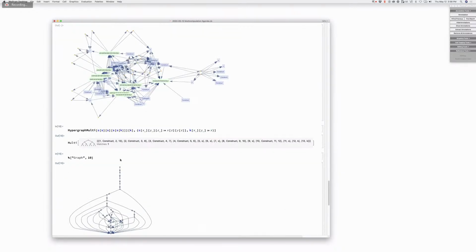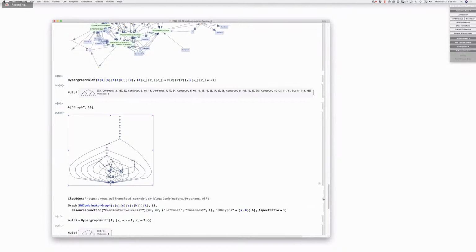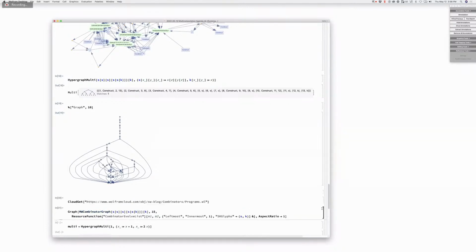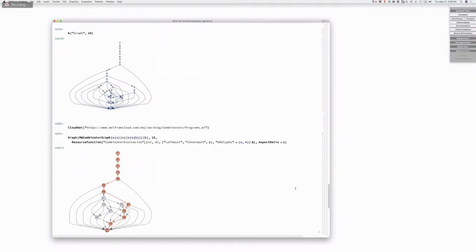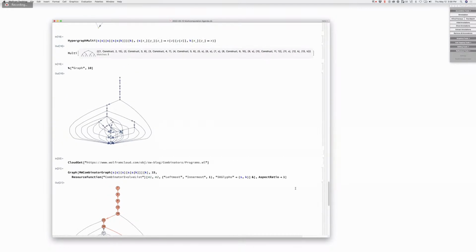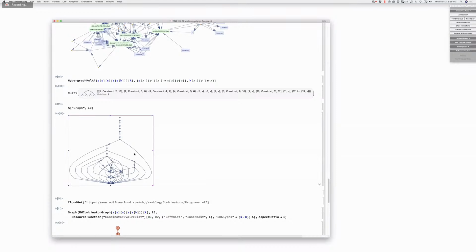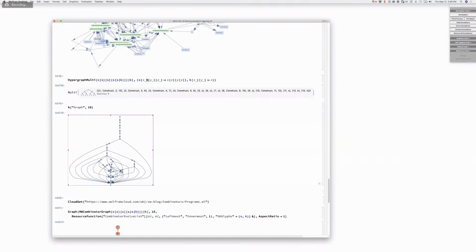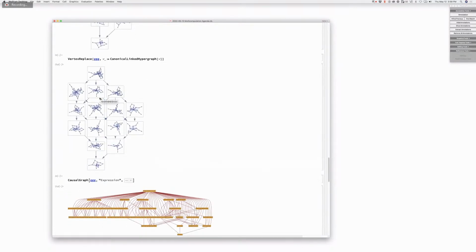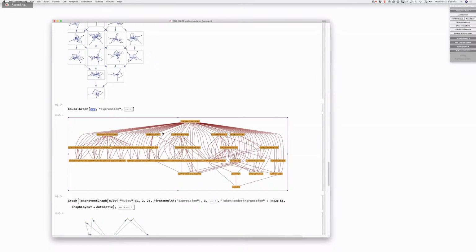All right. Okay, great. So in fact, that picture is encouragingly similar to this picture here. Okay, so that is the correct multi-way graph of those combinator rewrites. Great. Okay, now let's understand some of these things up here. So those combinator expressions can be compiled into hypergraphs. Right, yeah. And then this is something we've never really had for combinators, which is a good causal graph.